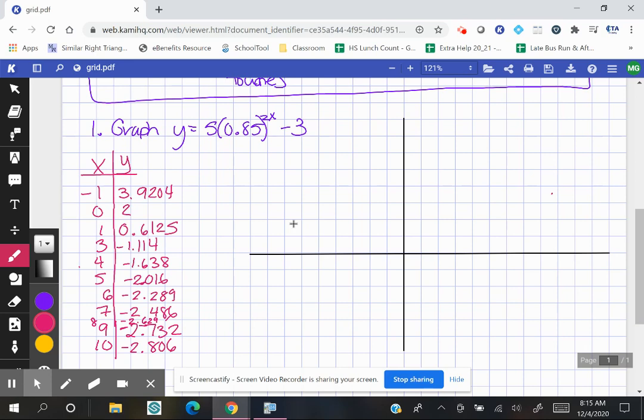All right, so I'm just going to go ahead and plot these points. At 0, it's 3.9, so it's going to be really close to 4. At 1, I'm going to go 1 and then just up a little bit more than half. 2 is... 3 is a little bit more than -1. 4, 5 is negative, a little more than -2. 6, 7,